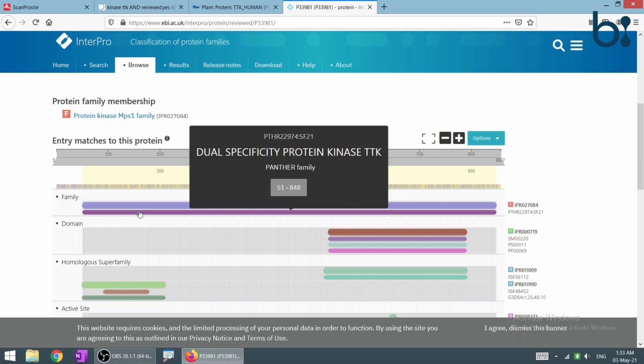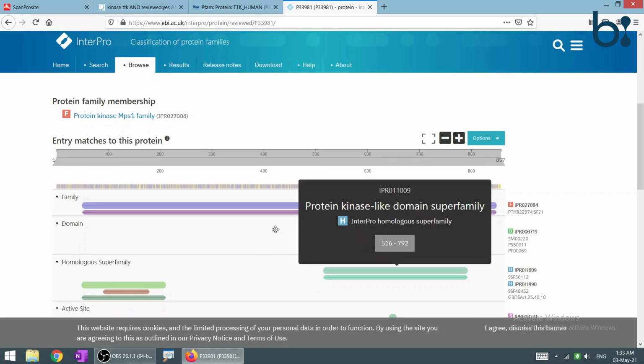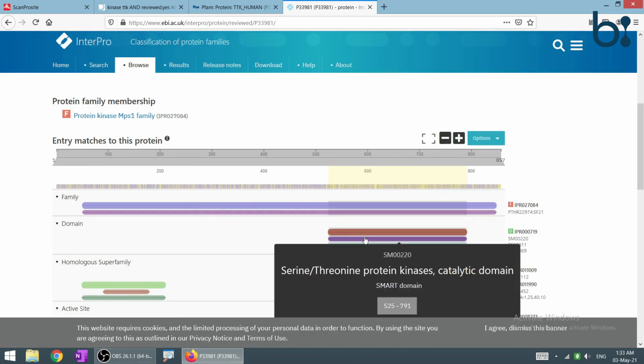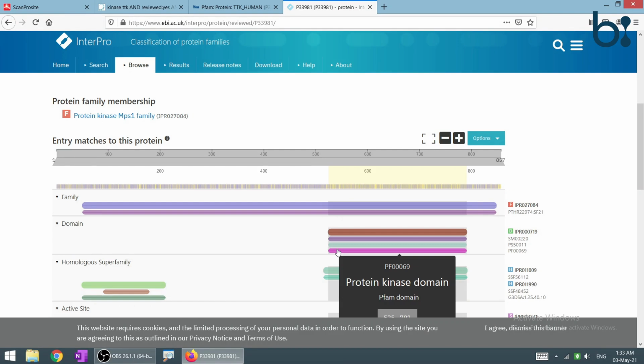Let's take one more example of the domain. We can see there are 4 results in the domain. The first is coming from the InterPro database. The second is the SMART database, the third is the PROSITE profile database, and the fourth is the PFAM database.